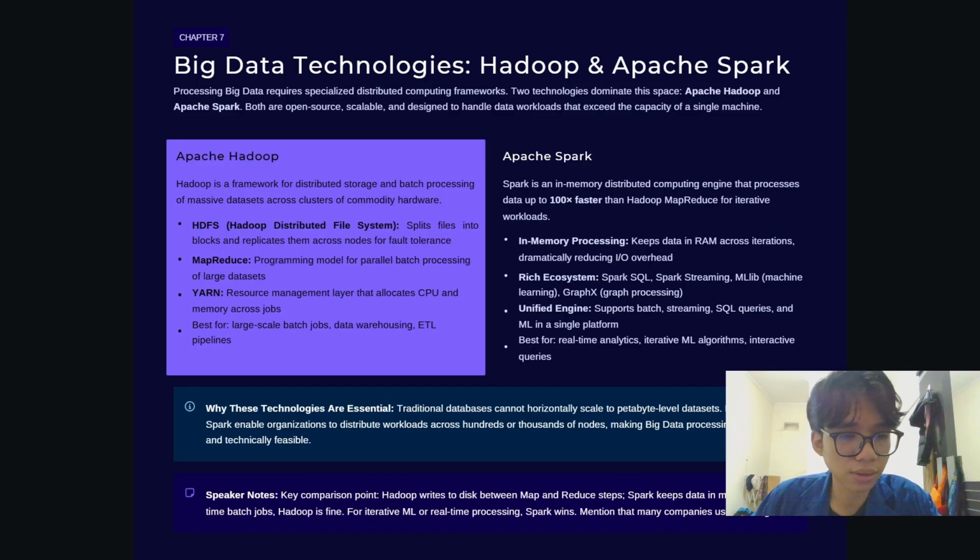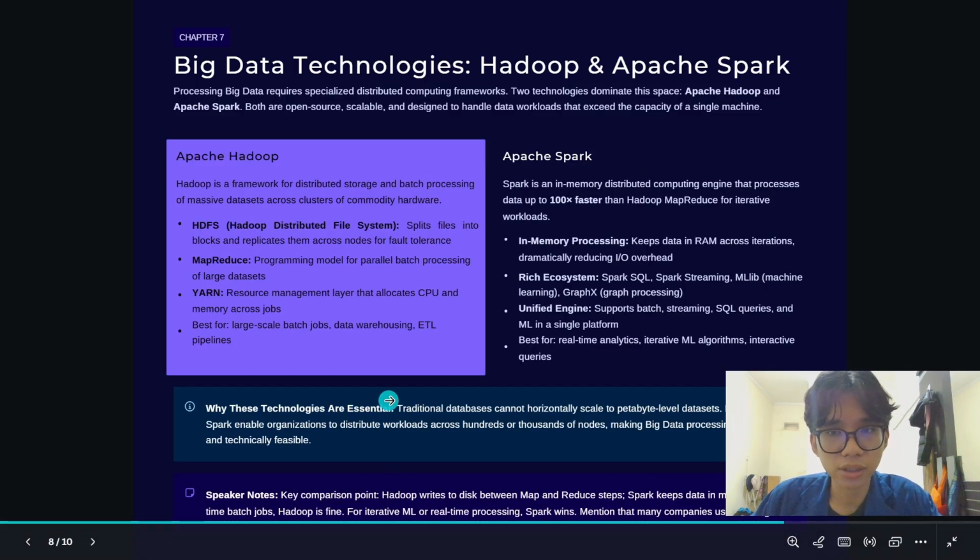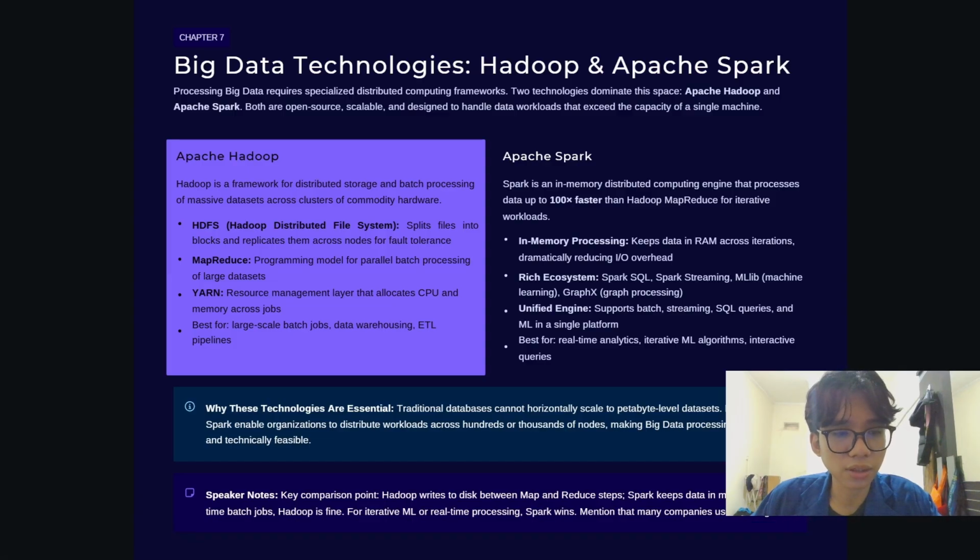Next, Hadoop and Spark. To process big data efficiently, distributed computing technologies are required. First, Apache Hadoop focuses on distributed storage and large-scale batch processing.